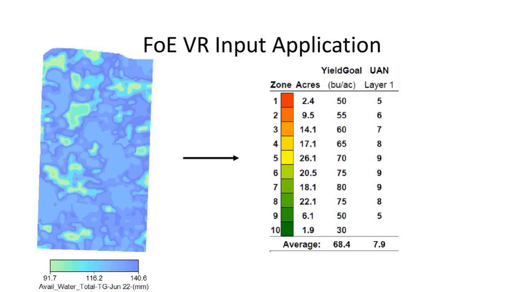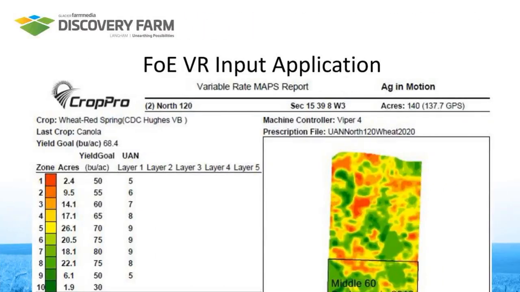The next example is how we did a top dress UAN application, and the base data layer for this was an available water map that was developed in partnership with CropPro Consulting, where we're taking the base soil moisture measurements from the probes and using that along with the SWOT map to model your available water within the field. So once you have that, then you can understand and predict the crop's demand for nitrogen and build your prescription accordingly. So this is the prescription that was developed for our wheat field, where we had a 0 rate applied in zone 10, and then our rate slid from 5 to 9 gallons per acre across the other zones.